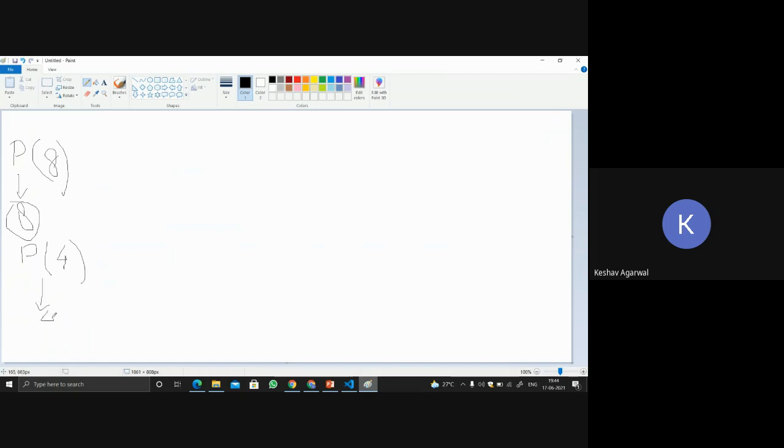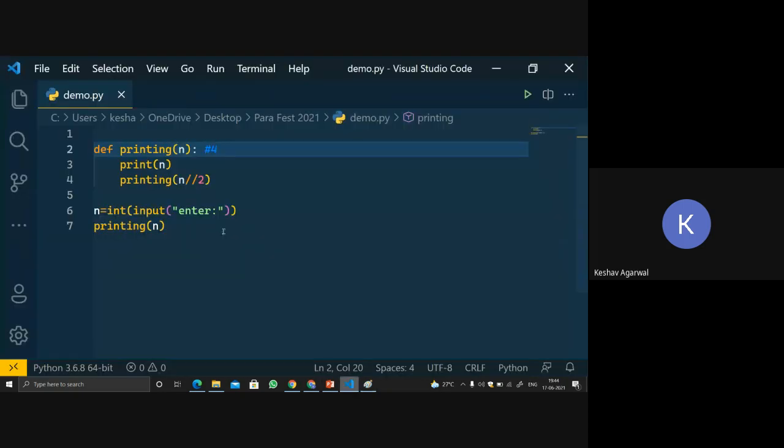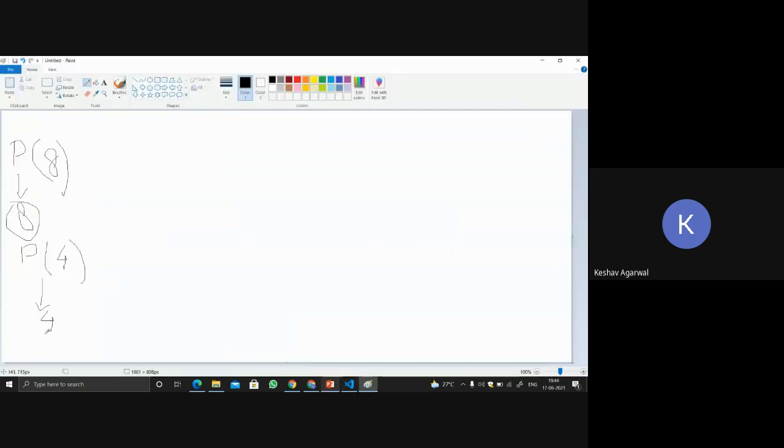The program will print 4, because now when we get to the printing part, it will print 4. And again it will call function p, that is printing, with 4 divided by 2, equal to 2. Clear?